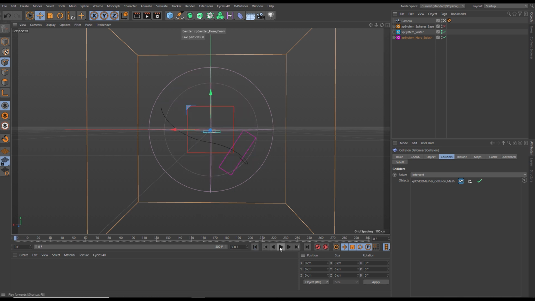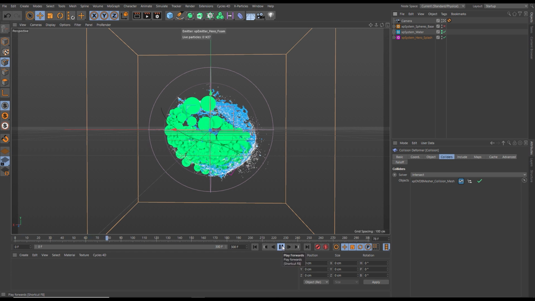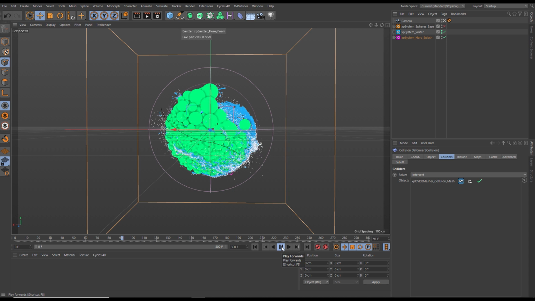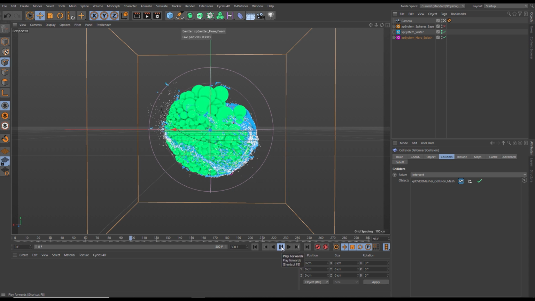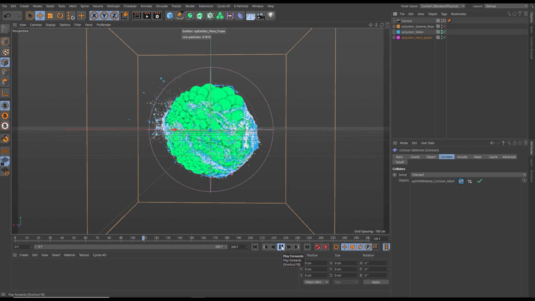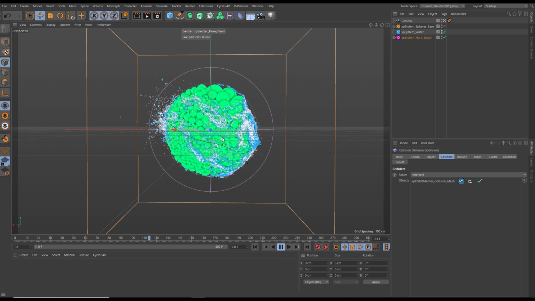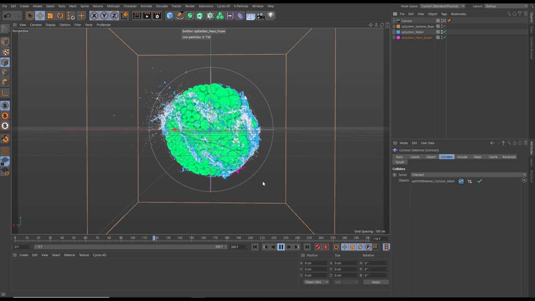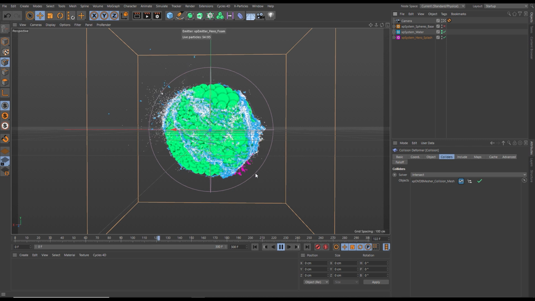The green particles are cached. The blue water particles with foam are cached. The purple particles are live, and they should be colliding correctly with that sphere which is being deformed with that collision deformer. So you see it's running a lot more slowly now because that collision deformer is reading that open VDB mesh